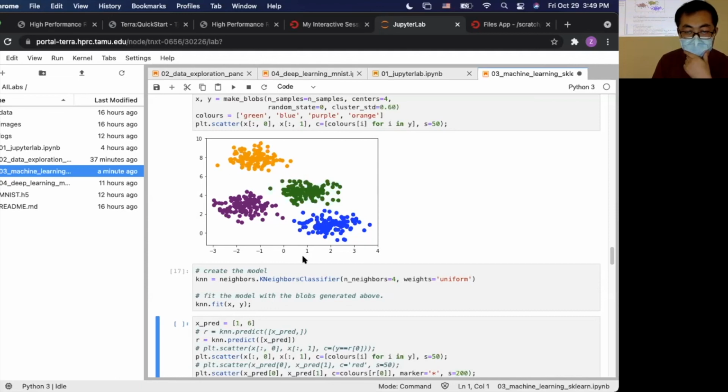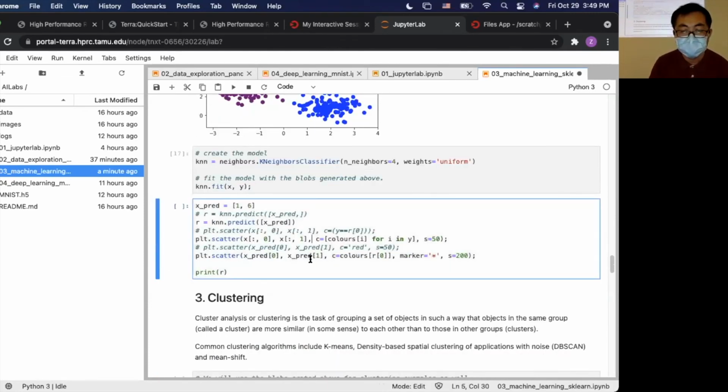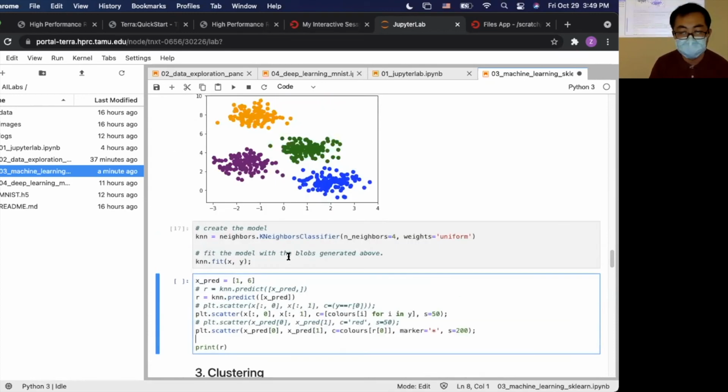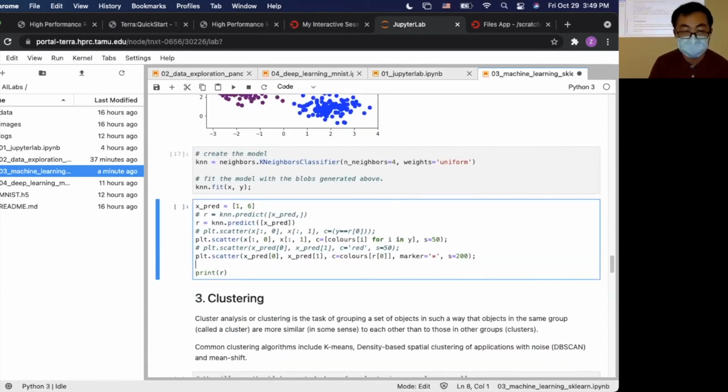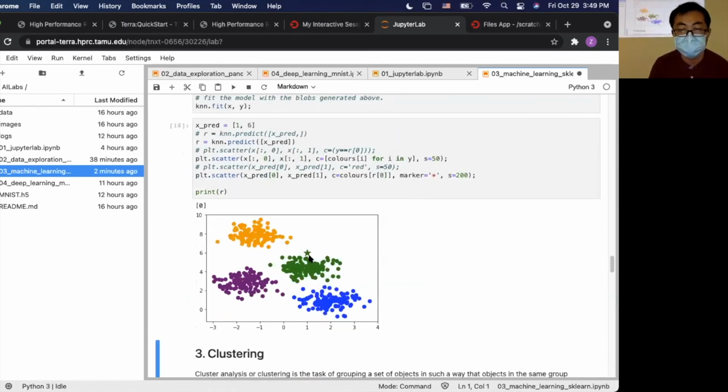I want to predict a point at about this location. So what class is it? So let's run this one and see what color it is. So it's a green color. So it means it has been classified as this class. So you can see actually it's very close to this cluster. So it should be a green class.